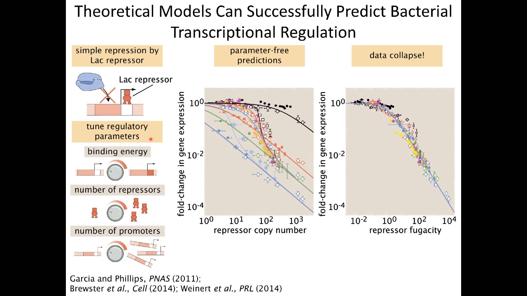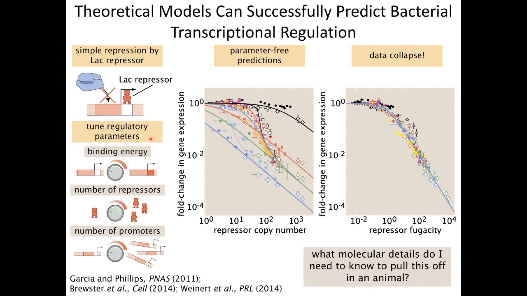Okay. So again, the point is that this took 10 to 15 years to get to that point, but at least in this particular example, this sort of predictive understanding that I'm advocating for is doable. And of course, you can ask, well, this is for bacteria. Eukaryotes are a lot more complicated. How are you going to deal with that?